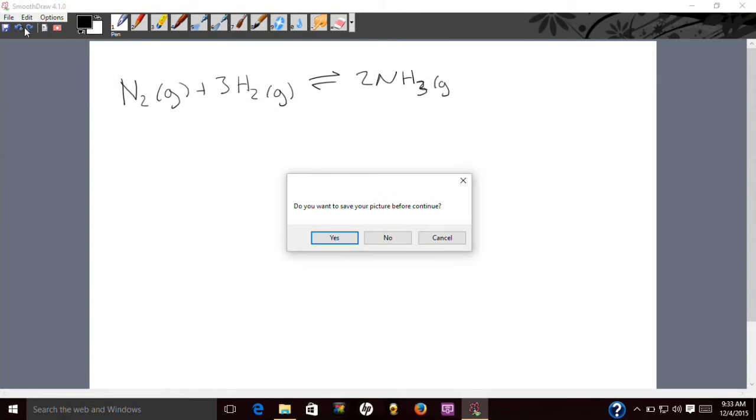Let's go to a whole new one. Recall from chapter 5 that changing the volume of a gas results in a change in pressure. So what happens if there's a change in pressure, if there's a change in volume? Using the same equation as before,